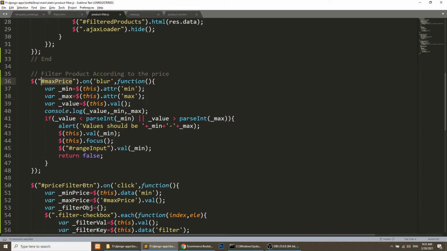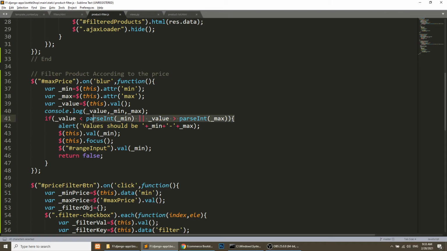Okay, I will get the minimum maximum values of this id. Okay, sorry, this id.